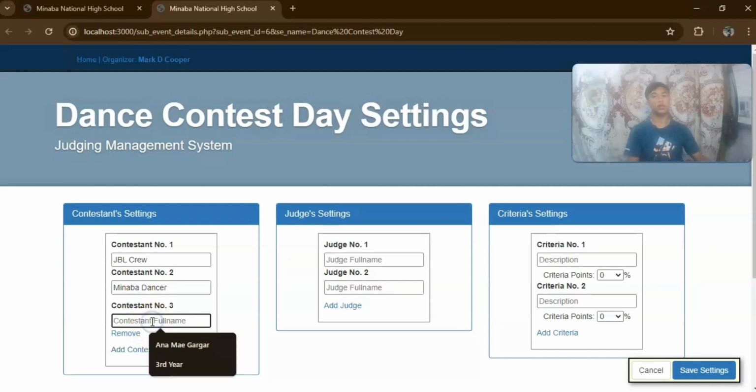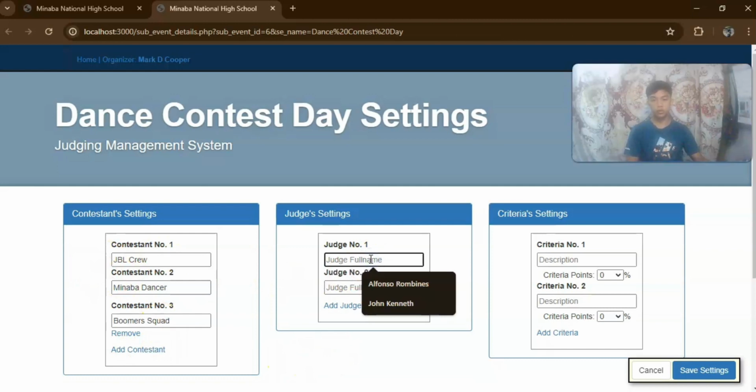Let's just create a few contestants so that it will not take long to type the scores of the judges later. And the Boomer Squad.